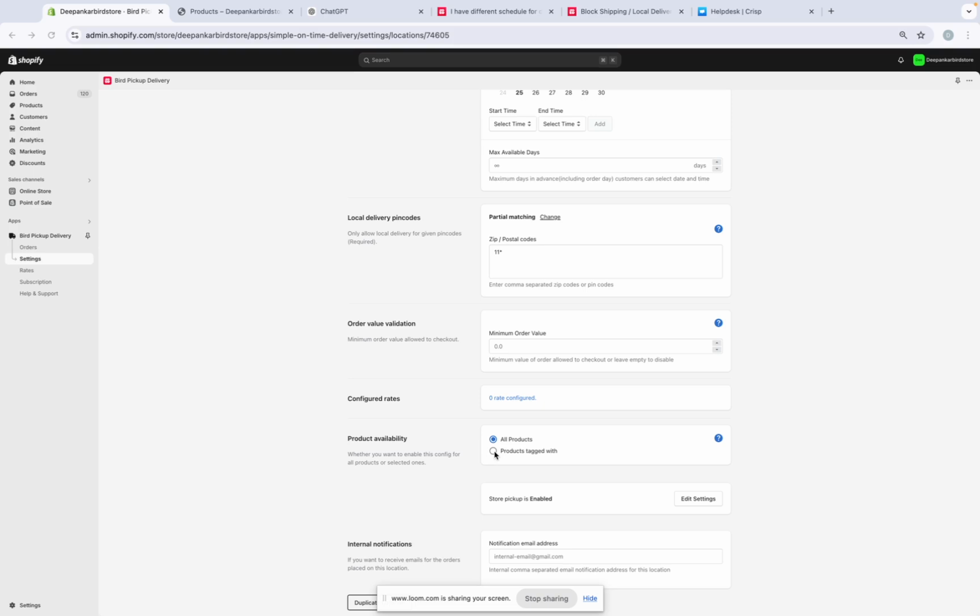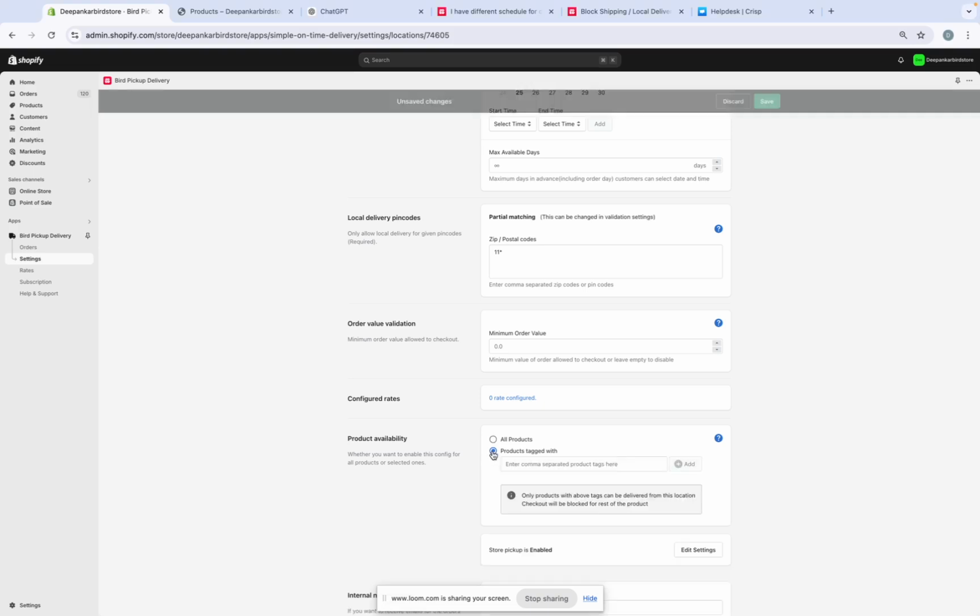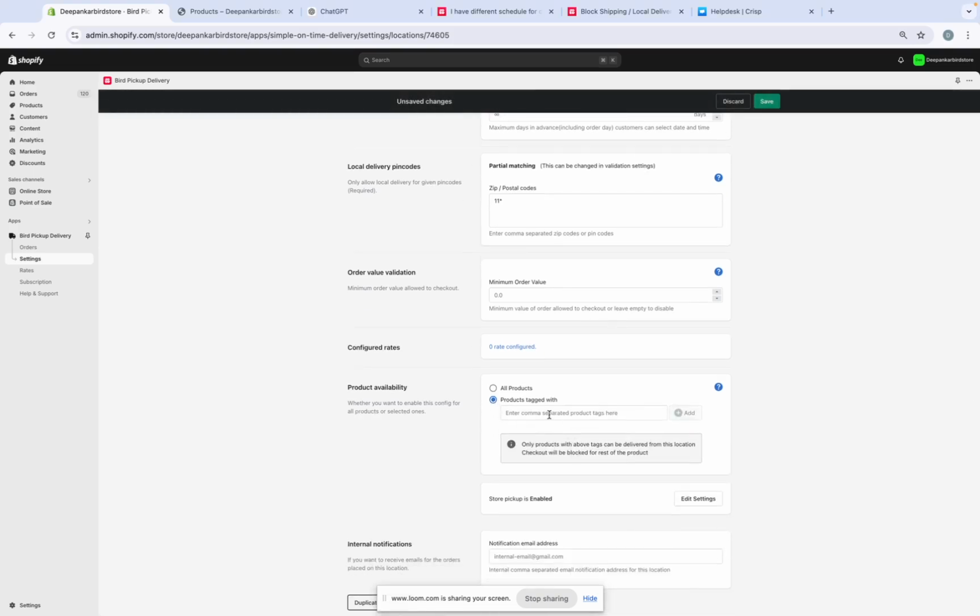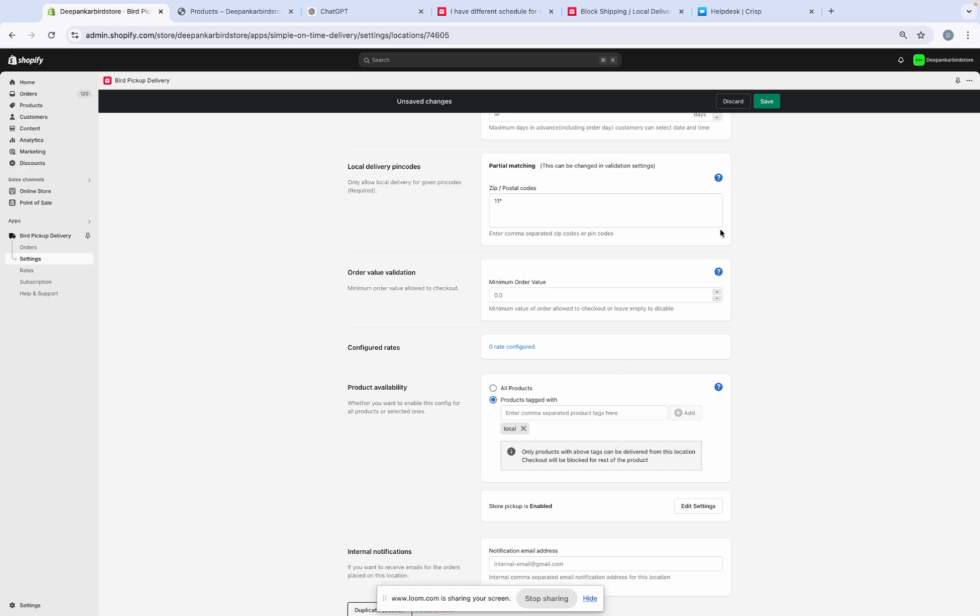So let's say I select products tagged with, and then I can select a tag, and the products that have this tag will be allowed to check out. An important note to consider here is that any product which does not have this tag, the customer will not be able to check out that product. So use this carefully. So for example, I can put a tag local